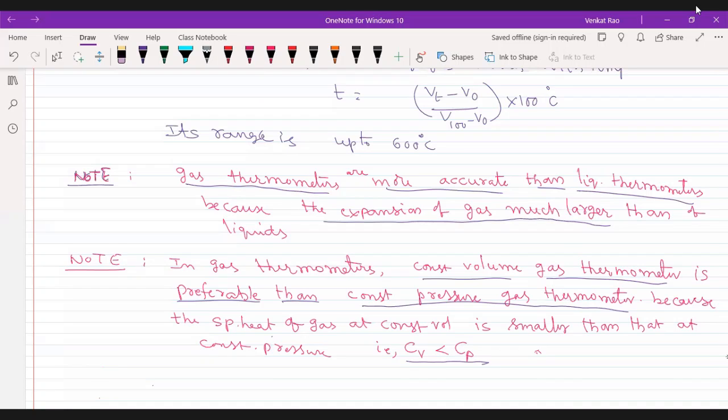So next, I think the point in all these thermometers: what is lower fixed point? Melting point of ice is the lower fixed point. Boiling point of water is the upper fixed point. But the melting point is not constant. Melting temperature of ice is not a unique value. Boiling point of water is not a unique value.